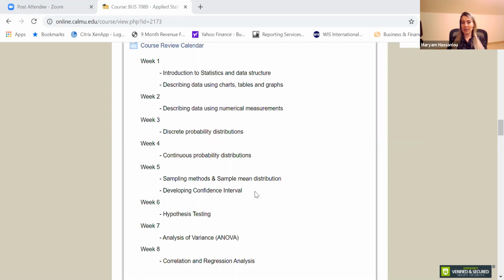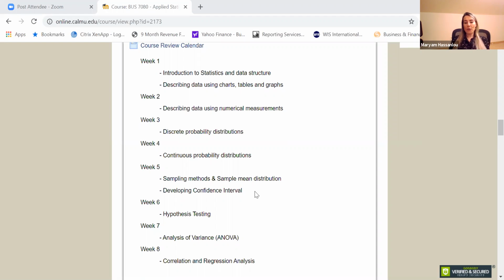In hypothesis testing, we need to know how to formulate our statements as mathematical hypotheses, how to test our statements about real-world populations, and then how to interpret and analyze the output. After working on hypothesis testing, we get familiar with ANOVA, analysis of variance, and then we introduce correlation and regression